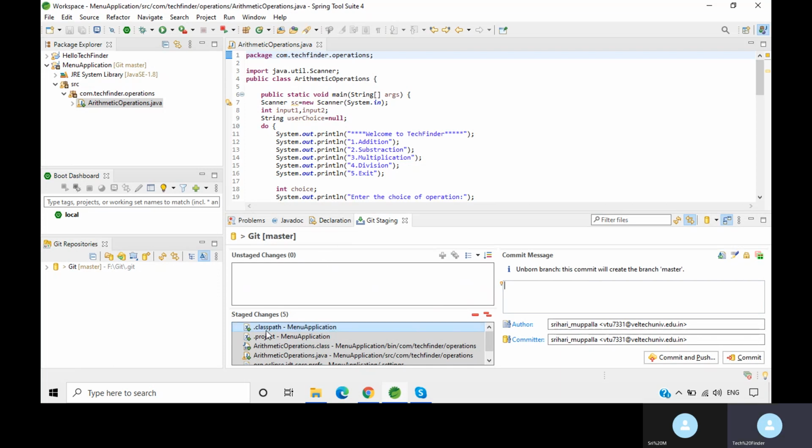So keep this as into the staged changes and write the commit message in the right side box here. Project added, then click on commit and push.